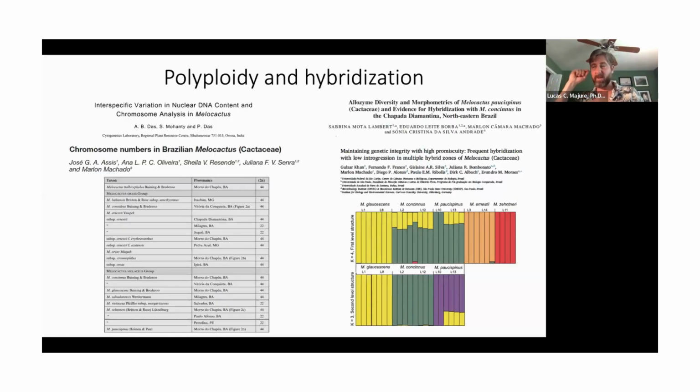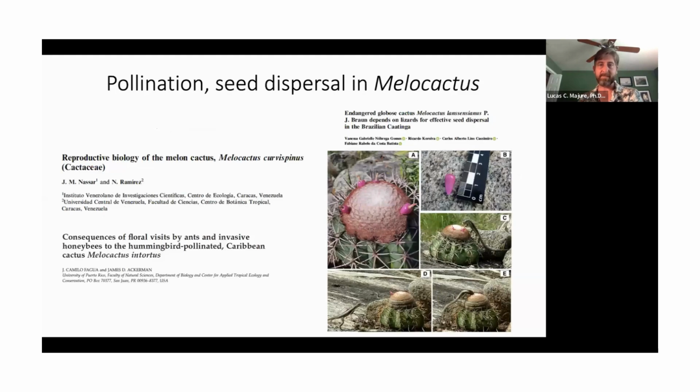Maybe you have a hummingbird that goes to one flower of one species, then goes to the flower of another species, and you get these crosses that happen. So this seems to be a pretty common thing in Melocactus. Some other really cool things about Melocacti that make them interesting from a biological point of view: many of the species are selfing, which means that they flower, and if that flower closes up even without pollination, the pollen is going to fertilize the flower and you're going to get fruit formation.